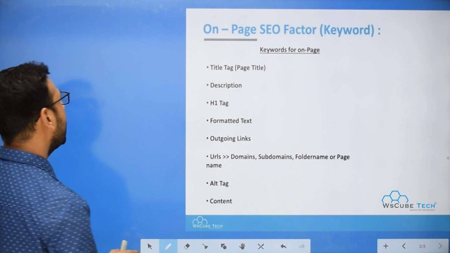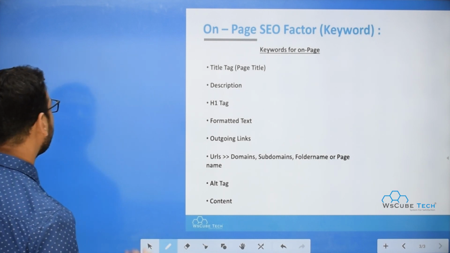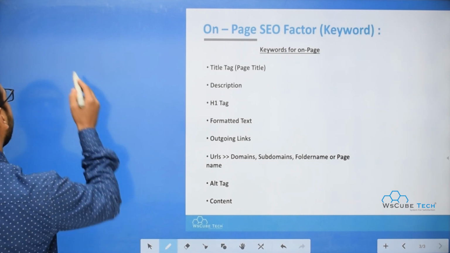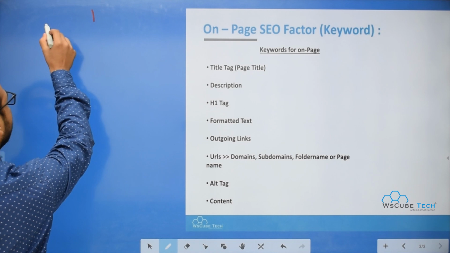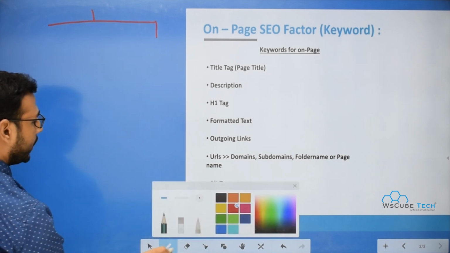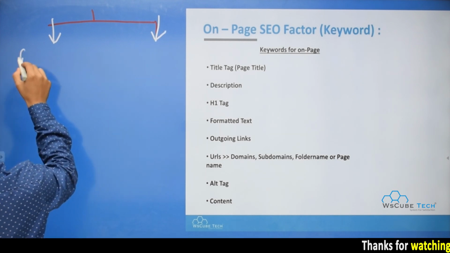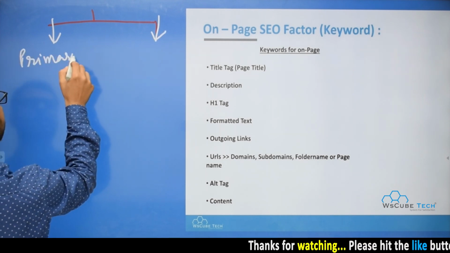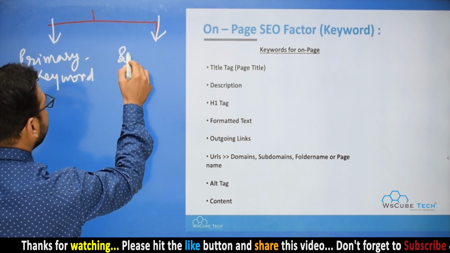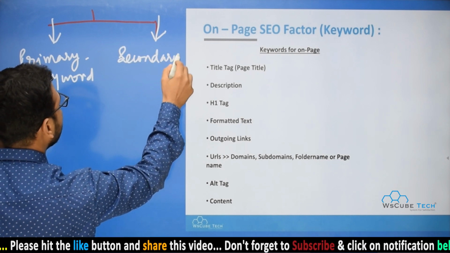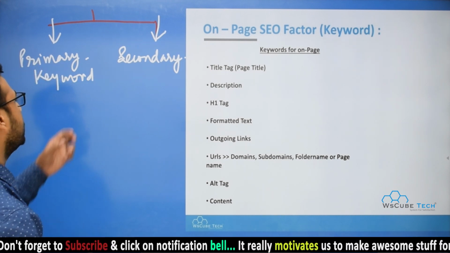The keywords can be of two types, guys. While doing the research or keyword analysis, we will come across different types of keywords, and those can be broadly classified into two types. Let me write over here so that it will be more clear to you. One is primary keywords, which are important keywords you actually cannot ignore, and then there are secondary keywords also. Secondary keywords are not that very important,